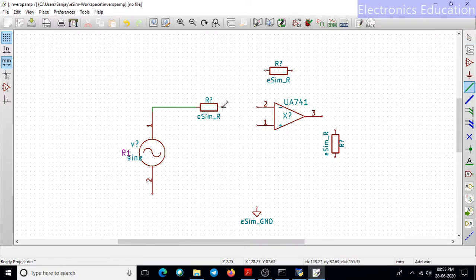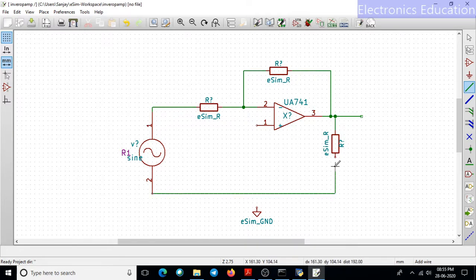Now similarly connect these wires with each other. So the feedback resistor is also here; I have the feedback resistor connected to the output pin. Now the output terminal is generated like this and this resistor is connected here. This non-inverting pin is also connected to the ground. Now ground was not connected, so this is the ground connected.